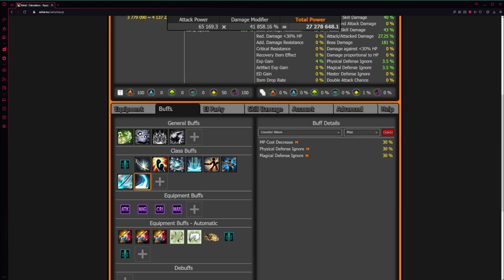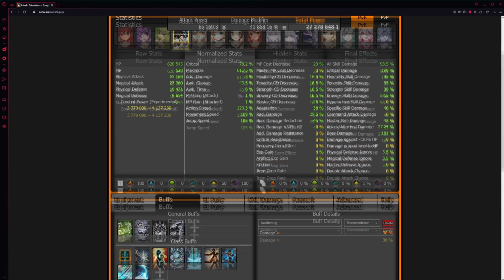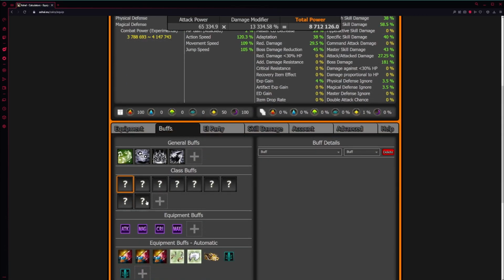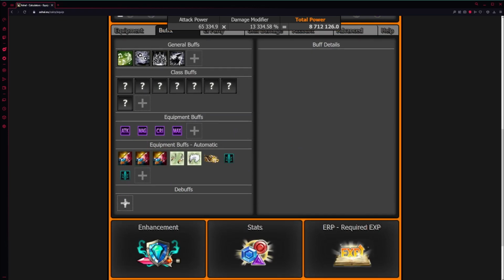As you can see, FB has a lot more, but the main thing is that Awakening was not available on Revenant, but it absolutely will be available for your class. So just keep an eye out, and you should be able to see it just fine. I'm going to leave this as is. This is just for testing damage.